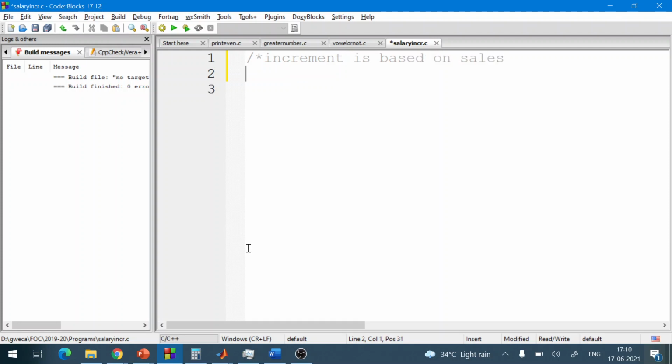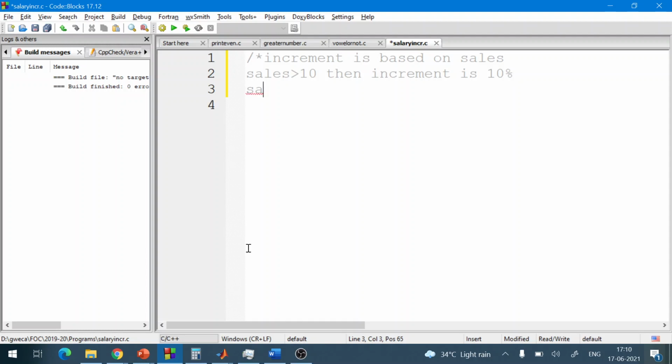Now what does it mean? If sales are greater than 10, so we will take input sales, and if sales is greater than 10, then increment is 10%, suppose.